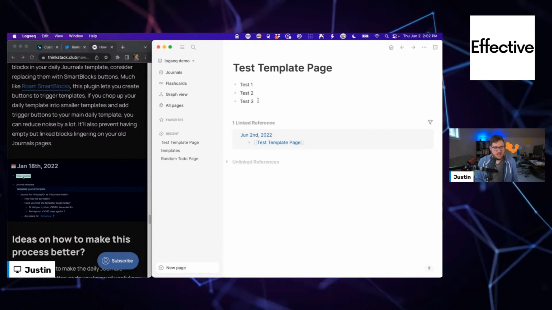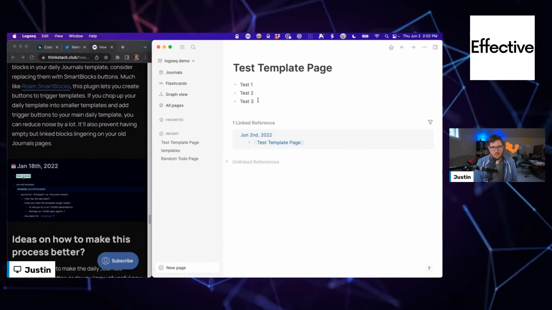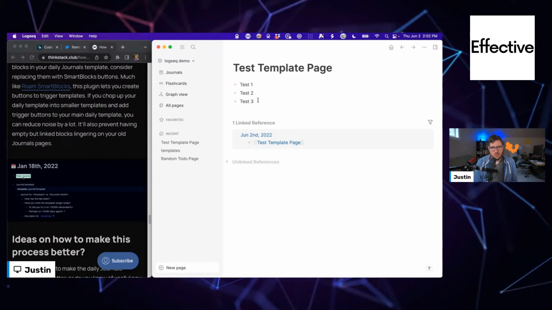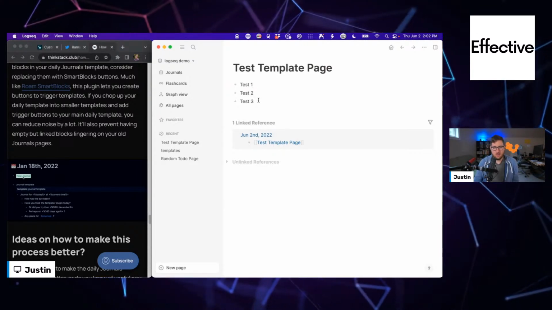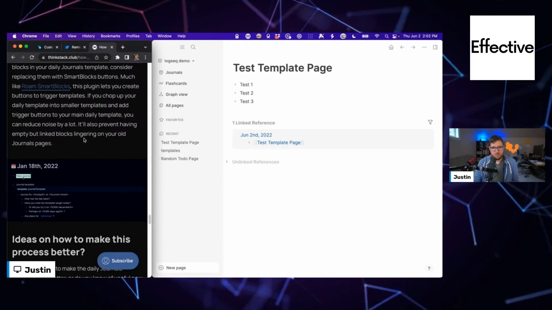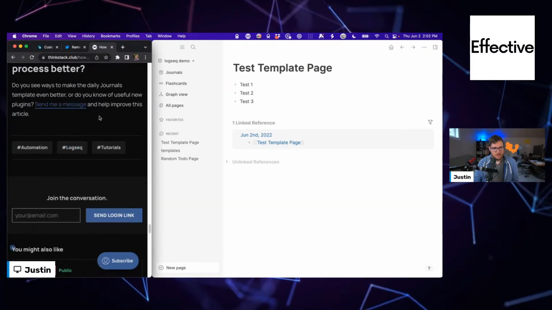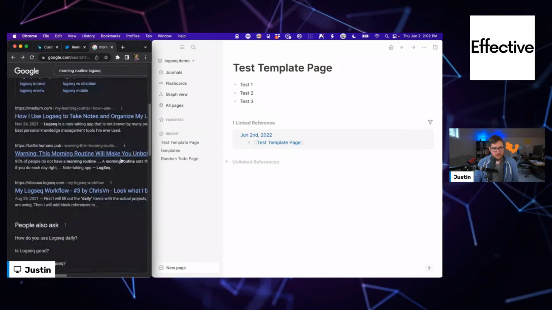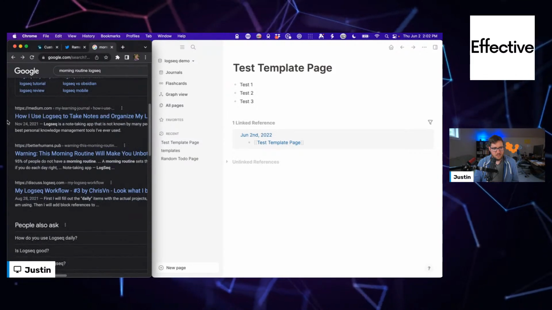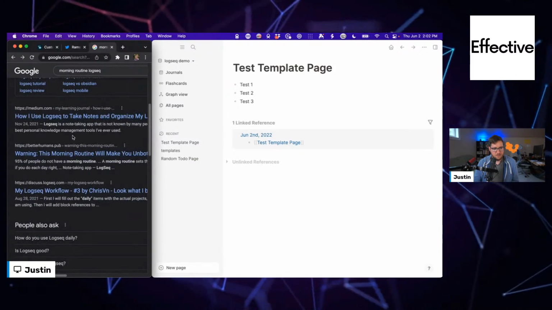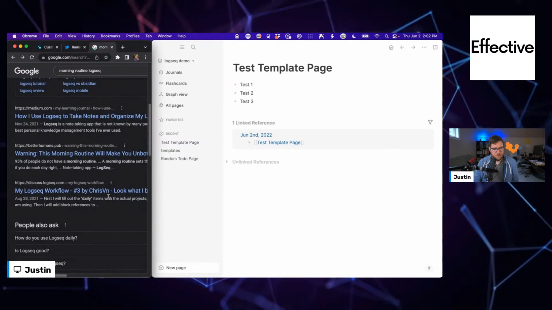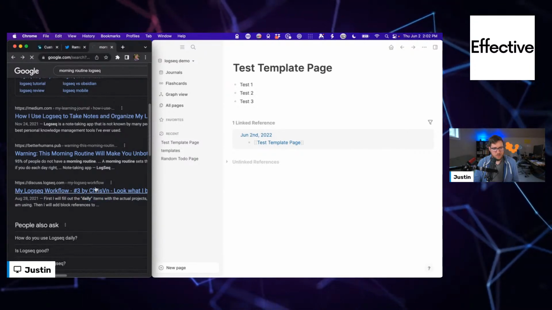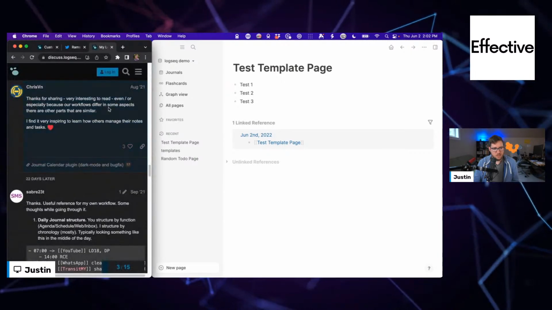I mean, Obsidian's templates are pretty powerful as well, but looking at the ability to just create a nested list like that somewhere and turn them into a template and pop them in is really, really neat. So you can create a daily template, like if you want to plan your day inside of Logseq or something like that.